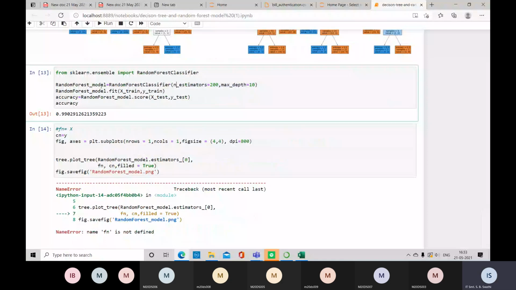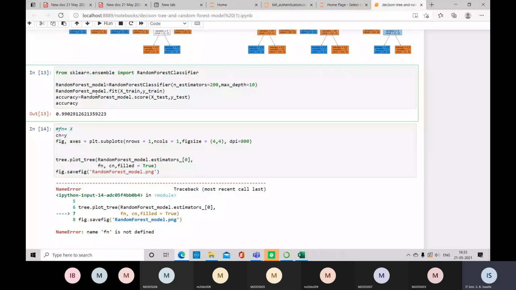Once this is initiated, you have to pass some data to this random forest model variable. For passing the input data, I need to use the fit method. Now, dot fit will take the input data. What input data should we give? Always we should give the train data. Every time we should give the train data only. So x underscore train comma y underscore train. This is the input data we are passing to the random forest model variable, which will implement a random forest tree on this x train and y train data.